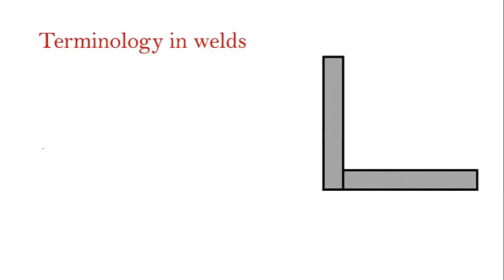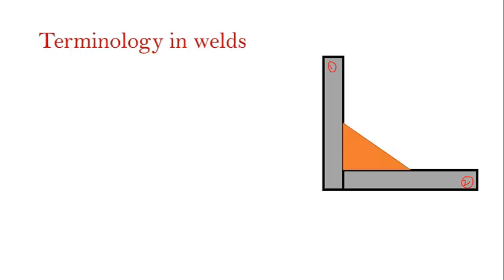You have two plates, plate 1 and plate 2. You can consider this as plate 1 and this as plate 2. Here you have two plates which are overlapped with each other. Where exactly you are going to provide the weld is between the joints of plate 1 and plate 2. So in between plate 1 and plate 2, where these two are getting connected, at this connection you are going to give the weld. The orange colored substance which you are seeing is the weld material.